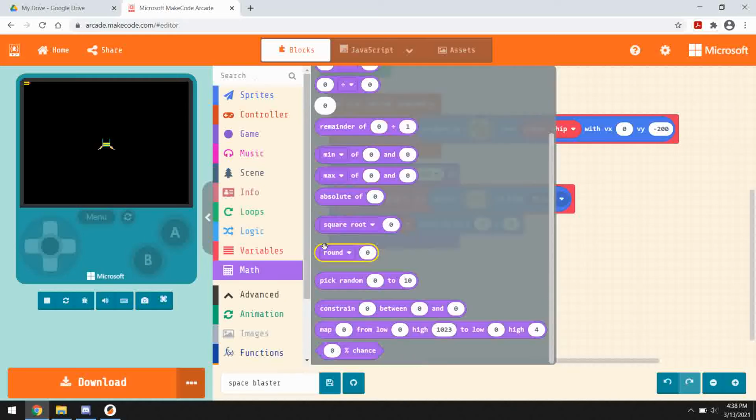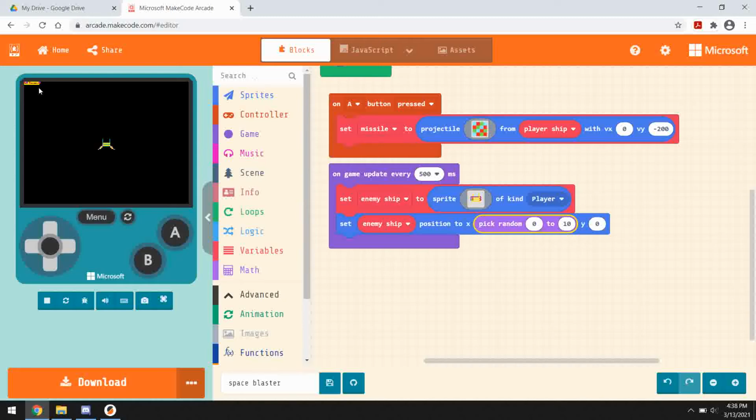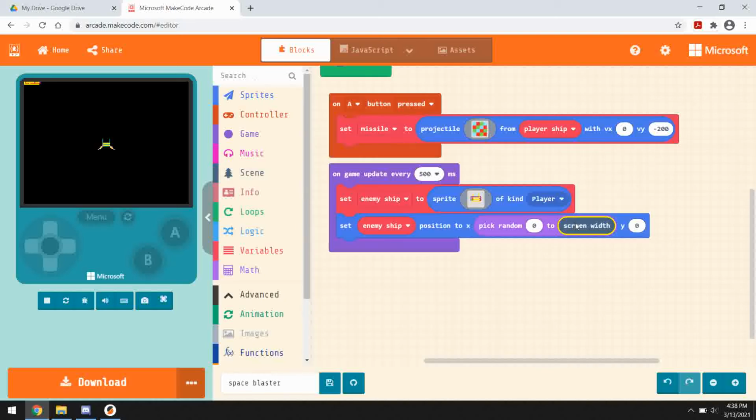We generate random numbers under math, this thing called pick random. So I'm going to drag that into the X part. So we're going from anywhere from 0 to 10 pixels. Apparently that's how far that is. I don't want to have to figure out how far across the screen is, so I'm going to use this other block under scene, which says screen width. So we're going to pick an X position from 0 to the screen width,